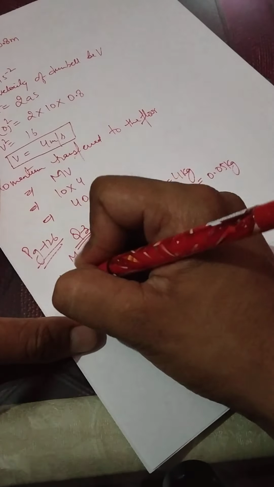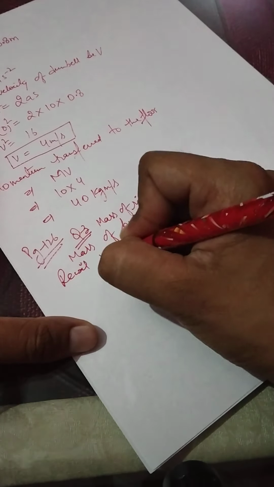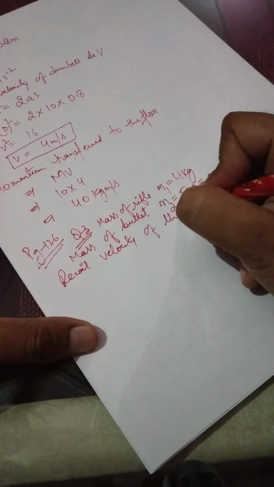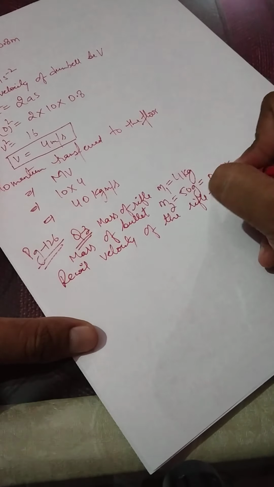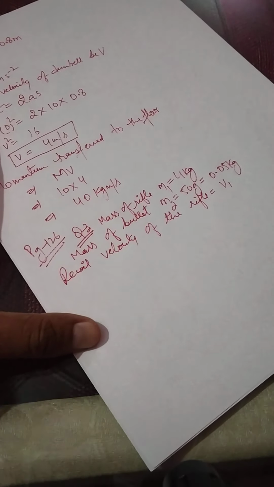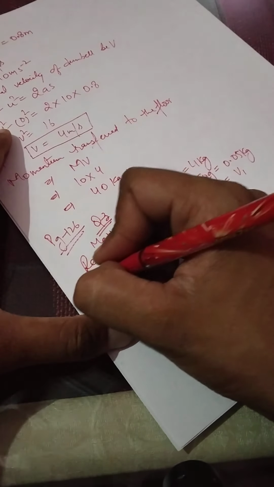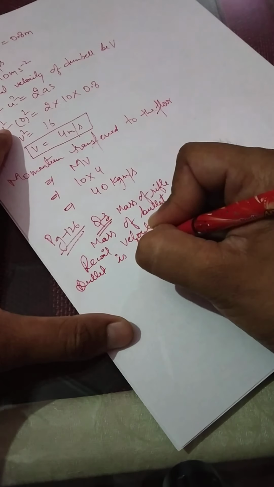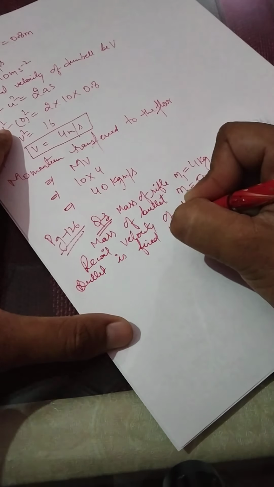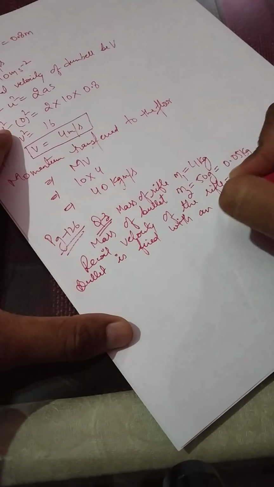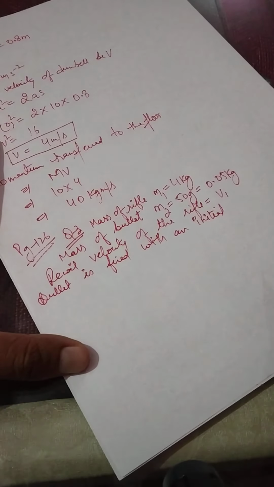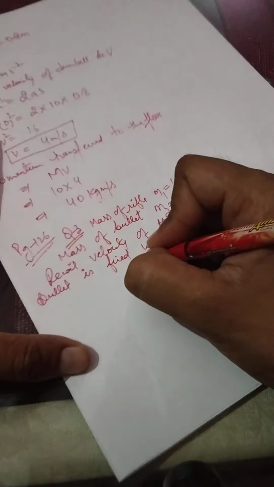Let the recoil velocity of the rifle be v1, and the bullet is fired with an initial velocity v2 which is